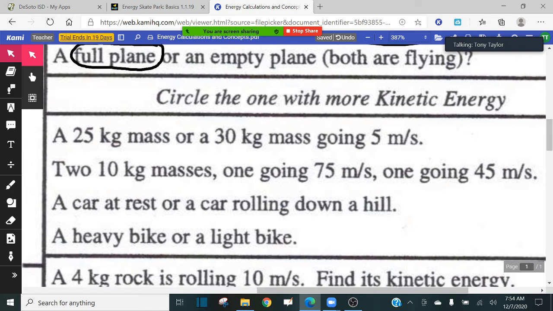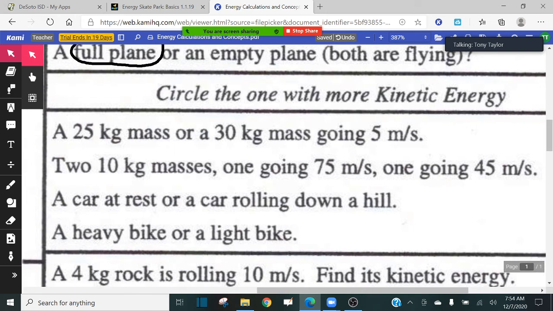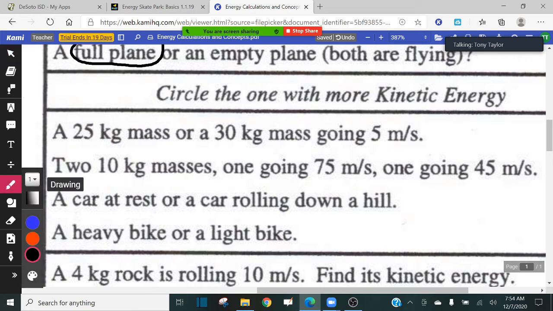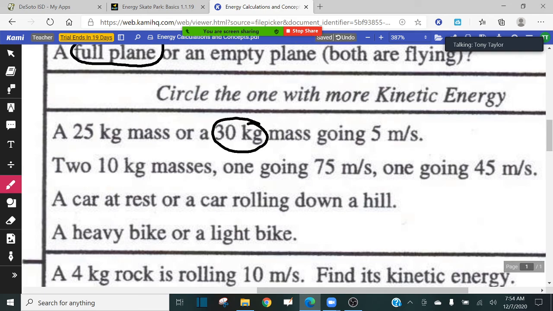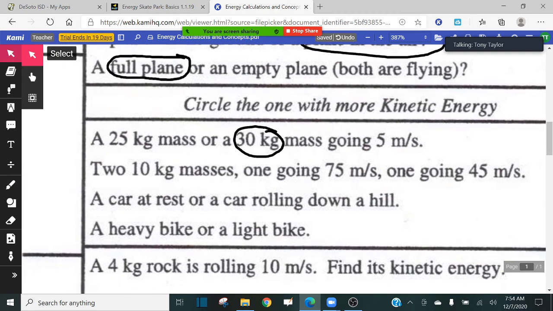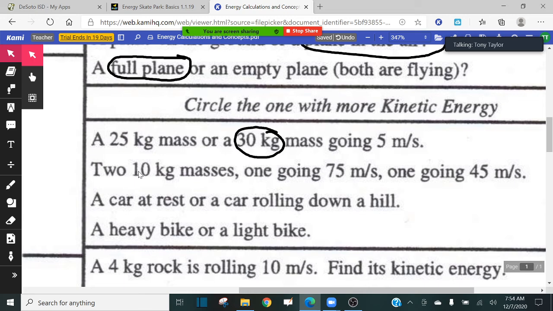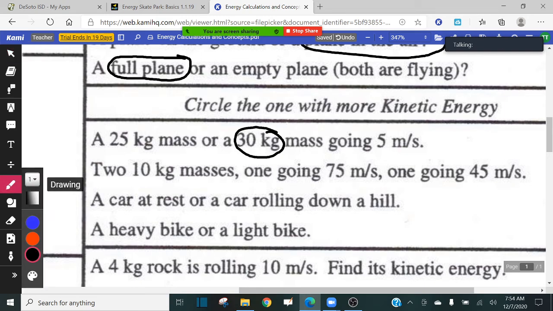Let's keep going. It says circle the one with the more kinetic energy. Okay. So a 25 kilogram mass or a 30 kilogram mass, both moving at 5 meters per second. So the 30 kilogram mass has more kinetic energy, okay, if they're moving at the same speed. So let's move on to this next one. You imagine you have 2 kilogram masses, one going at 75 meters per second and one going at 45 meters per second. Obviously, the one going at 75 meters per second has the most